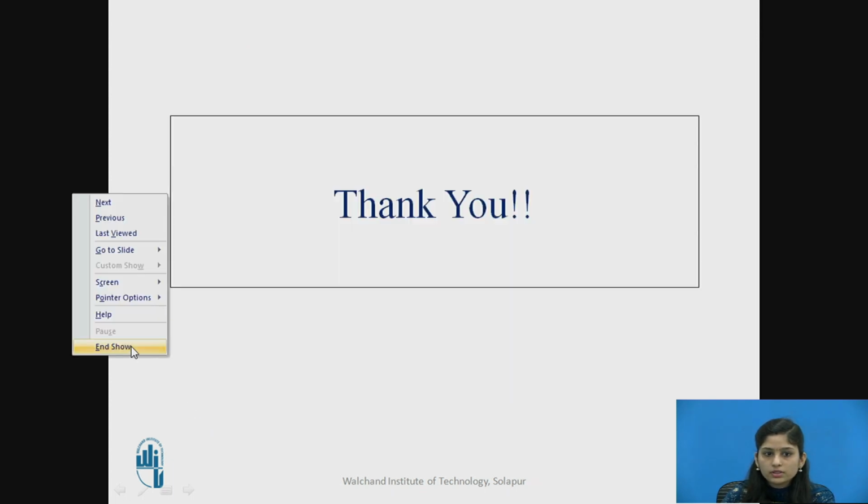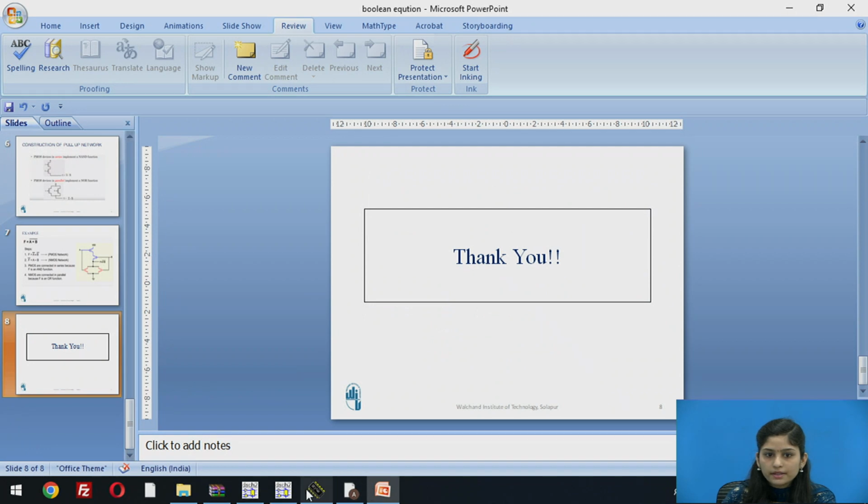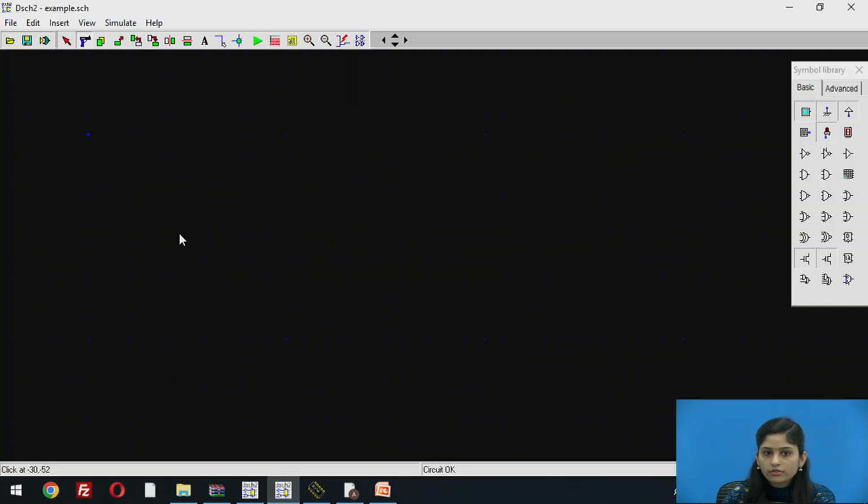Now we have to see its implementation in DSCH software. Our function is A plus B whole bar, which means we have to design a NOR gate. For a NOR gate, we require two PMOS connected in series.